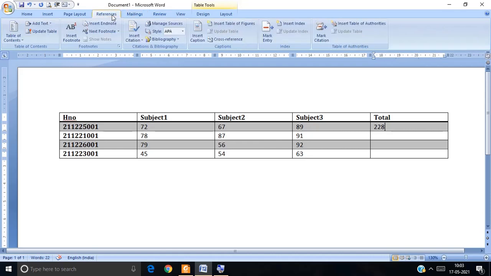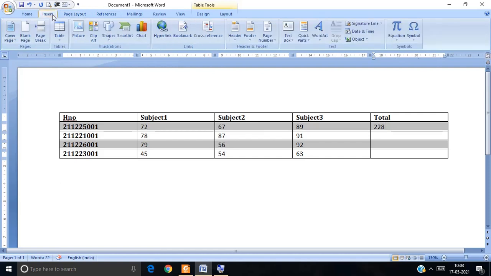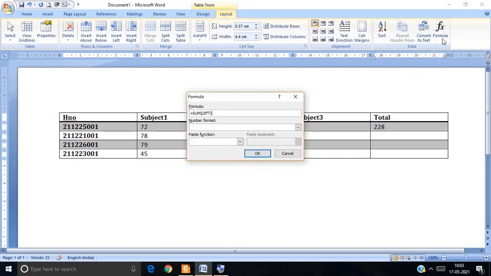In our MS Word document you can give the values also. We have to go to calculate these values. So here in the layout you can click on the formula. When you click the formula, automatically you will get the values.